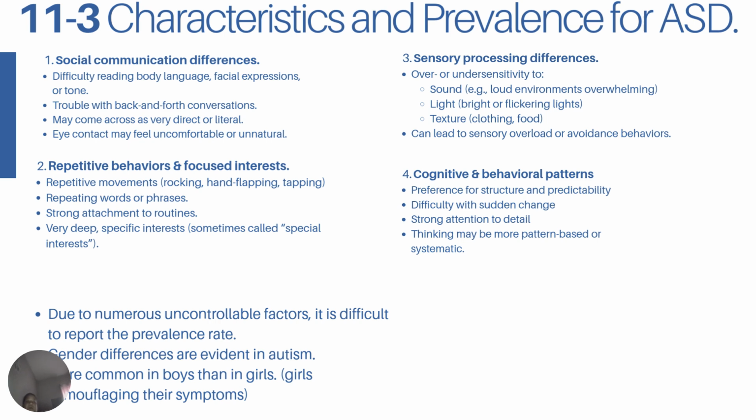So moving along to 11-3, characteristics and prevalence for ASD. There are four components. Number one, social communication differences. Under social communication differences, there's difficulty reading body language, facial expression, or tone, trouble with back and forth conversation,